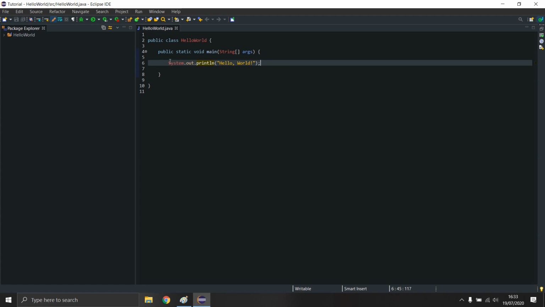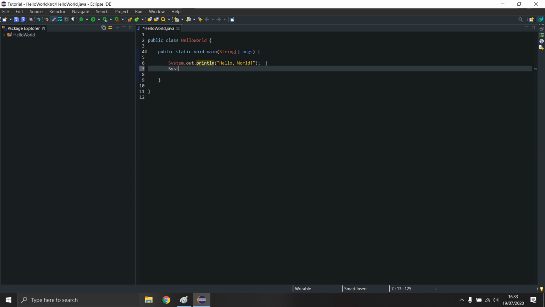So this function is complete. And then we have a semicolon. The purpose of the semicolon in Java is to tell the program that this statement has finished. This is a complete statement, and the next thing I type is going to be the next statement for you to execute. So say if we were to do